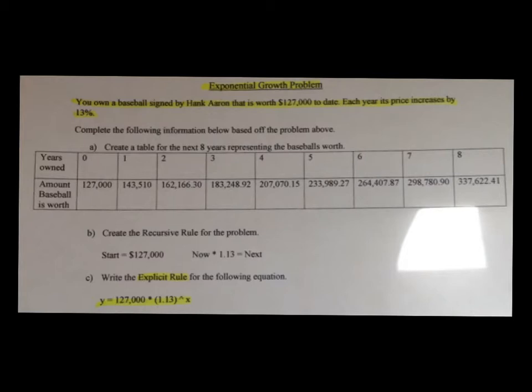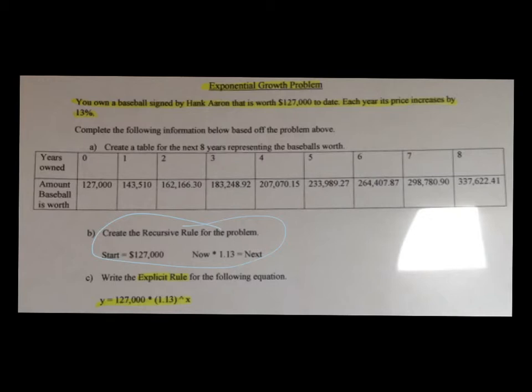Then, using the recursive rule, start equals 127,000. Now times 1.13 equals next. As you can see right about here, we can fill in the table. Let's fill in the table as if we had had the baseball for 8 years in all. The answers you should have had for each year are